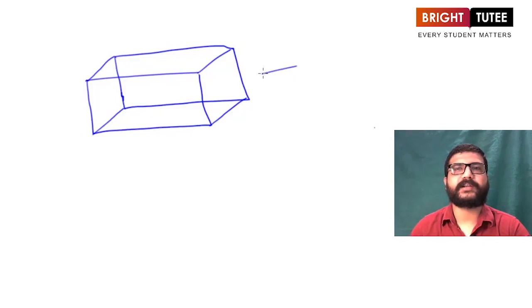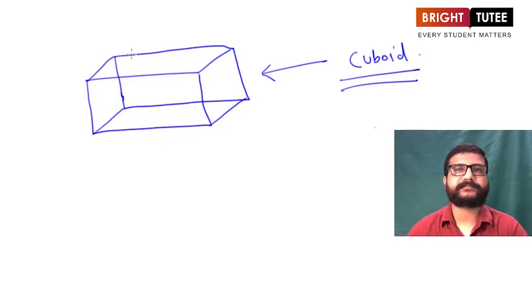Now here is the cuboid. As we can see, this appears to be a cuboid only, and we have drawn this on a plain paper. So this is how we can draw solid shapes or 3D figures on a 2D plane. Now such sketches are known as oblique sketches. Here we have drawn oblique sketch for cube and cuboid.